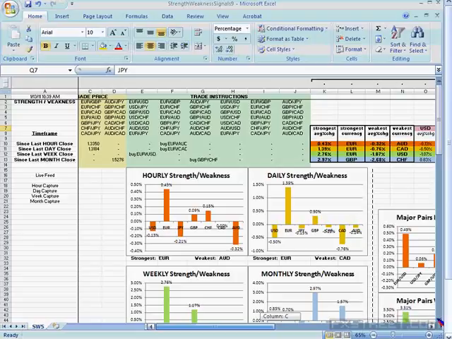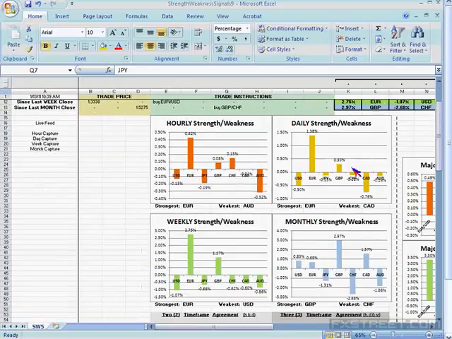Okay, if you take a look here, the most important aspect of this database is this little graph. And on Excel, you could take the prices, or you could take the data from other cells and put it together in graph format. So this just makes it very easy to see what's going on here. And as we can see, in the last hour, actually it's been more than the last hour, since 9 a.m. this morning, Eastern Time, we've seen that the euro by far has been the strongest.